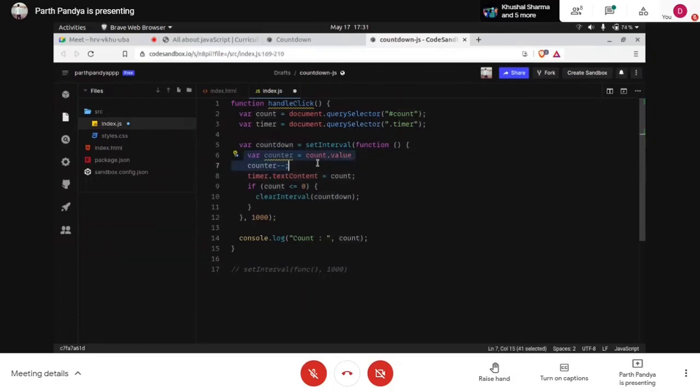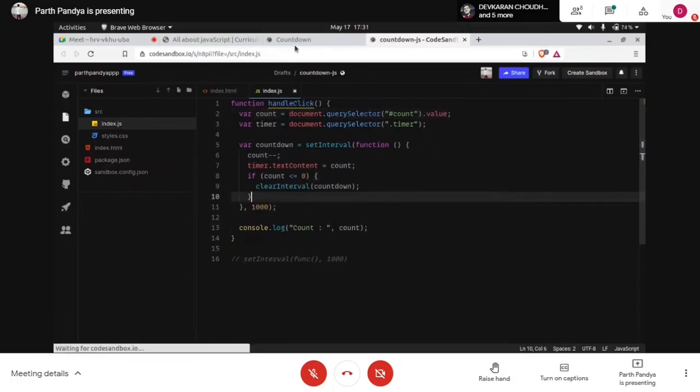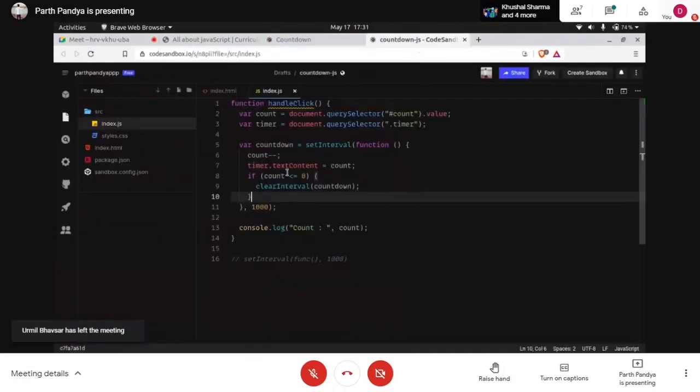So let's remove this and get back to the original one. So it will behave the same. If you don't want to use this value here, you can also use it later, referencing this particular element. Yes, it is working now.